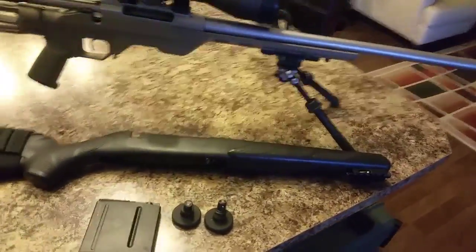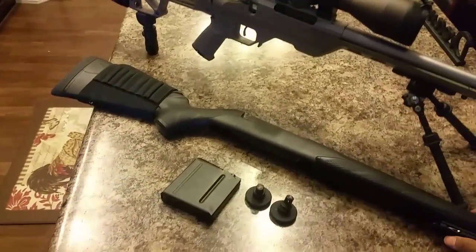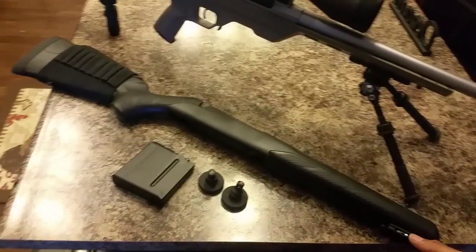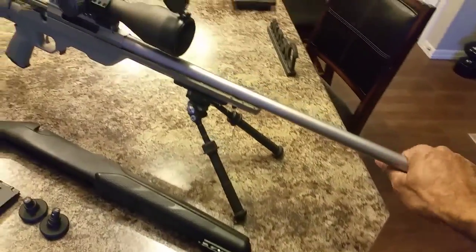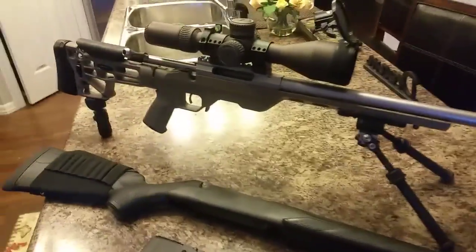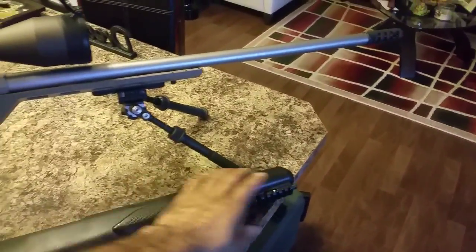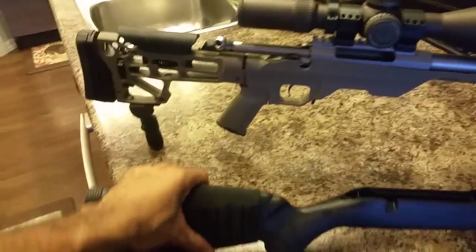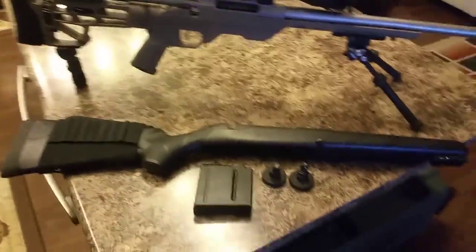So this rifle here started out as a stock Tikka T3 varmint, chambered in 300 Win Mag. It comes with a heavy barrel, and you get the beaver tail in here, and it does have a little bit of a cheek riser here. This was primarily a bear hunting rifle,